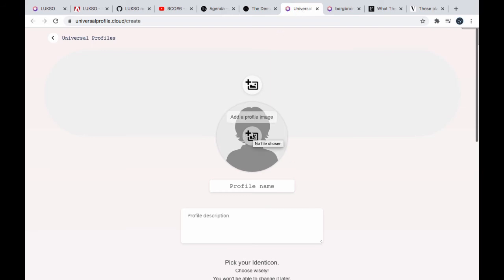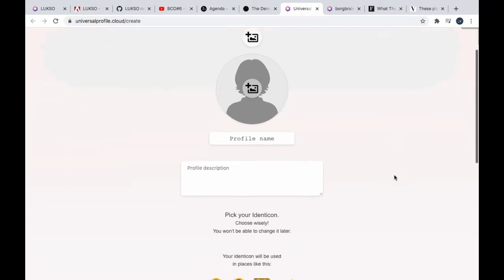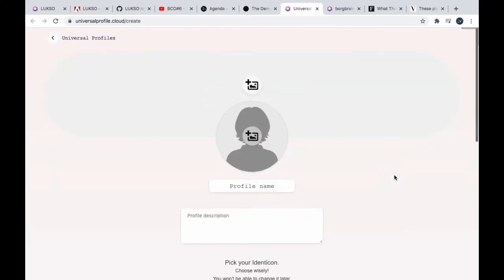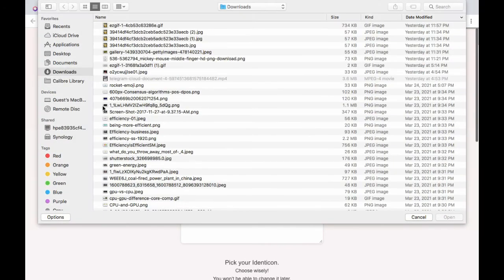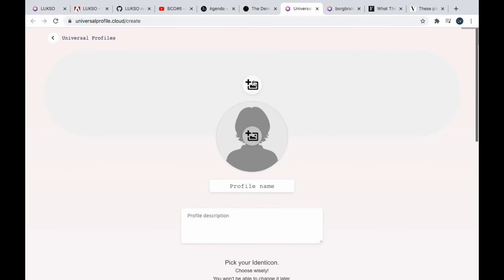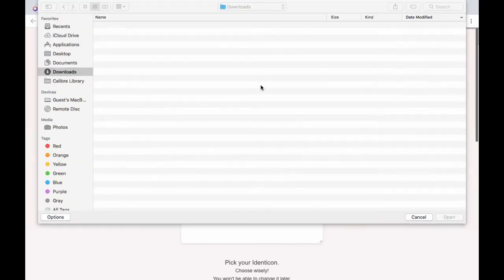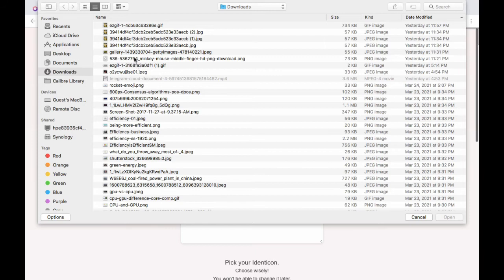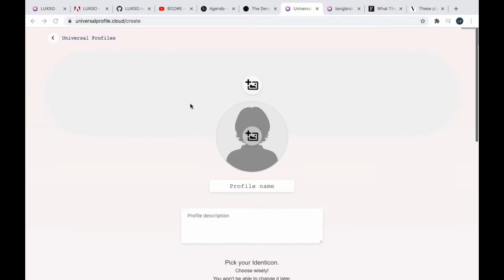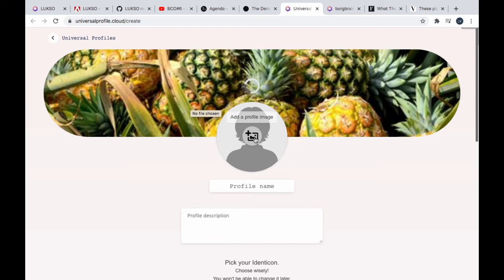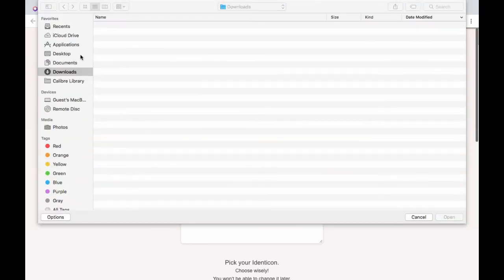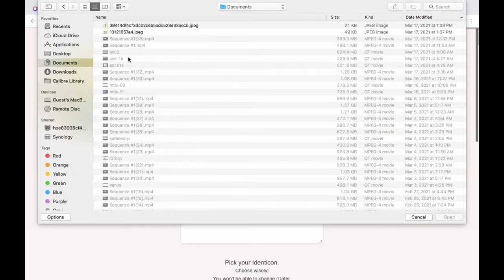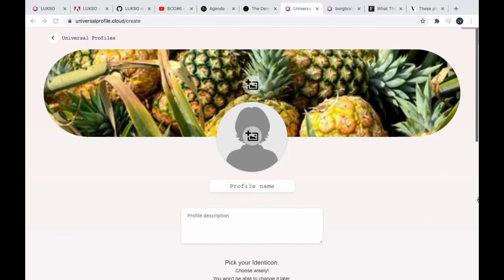So I decided I'm going to make a little universal profile here, and I'm just going to rip through, and I'm going to just play it by ear. This is for the purposes of education. So where are we at here? So I was thinking, I got this kind of thing in my head. I got a train of thought that I want to complete over the next little bit. So I'm just going to go for this, because I've had pineapples on my mind, to be honest. And then my profile image, I think I was going to go for this. I just had it in my mind.